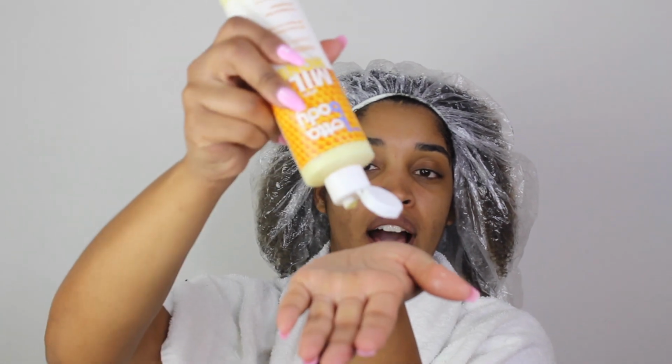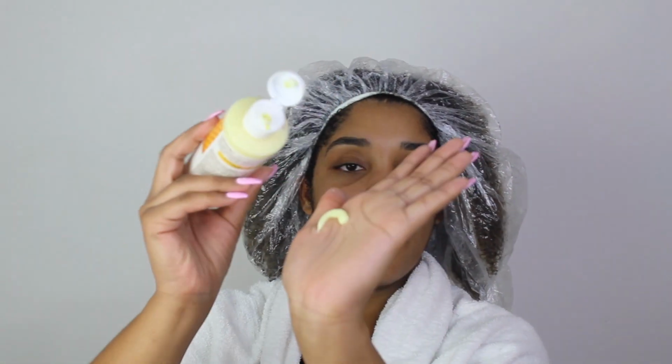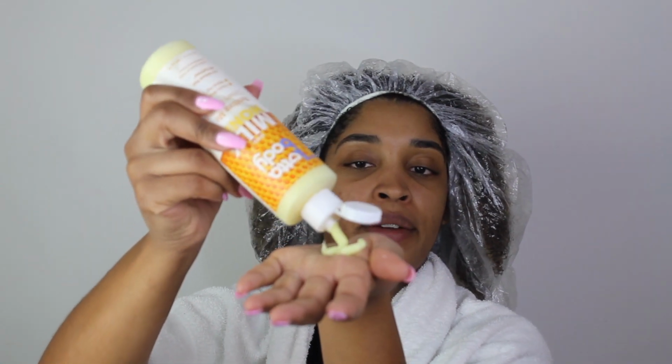I'm just keeping this shower cap on to make sure that it maintains that moisture because I want to do the style on damp hair. So we'll go ahead and show you guys the texture of the actual conditioner. It actually feels pretty lightweight, but as lightweight as it feels and looks, this conditioner was